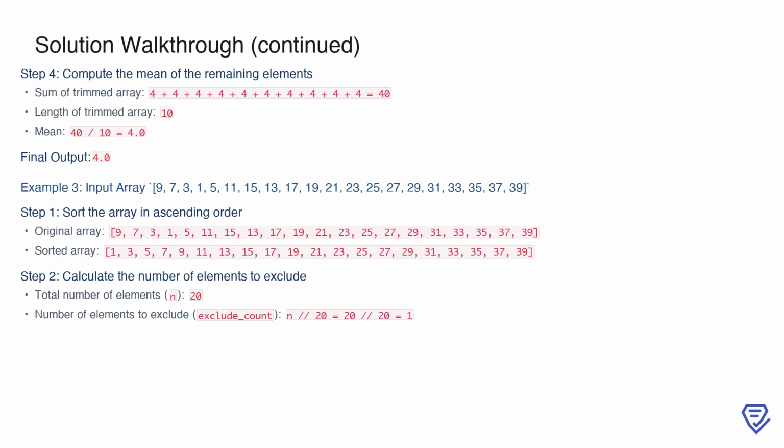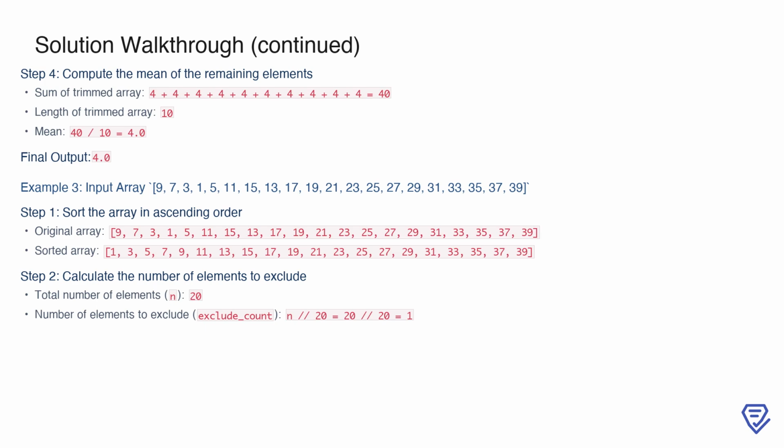Now, let's consider a larger input array: 9, 7, 3, 1, 5, 11, 15, 13, 17, 19, 21, 23, 25, 27, 29, 31, 33, 35, 37, 39. In the first step, we sort this array in ascending order. The sorted array is 1, 3, 5, 7, 9, 11, 13, 15, 17, 19, 21, 23, 25, 27, 29, 31,